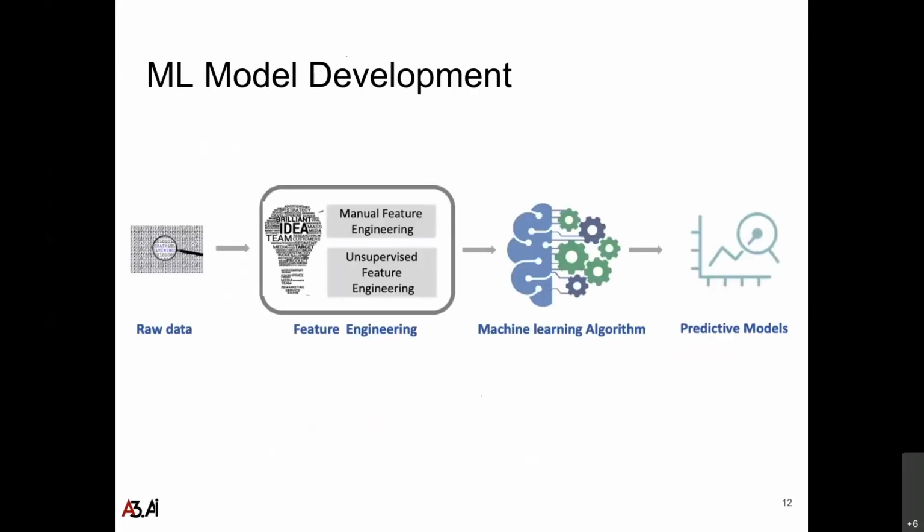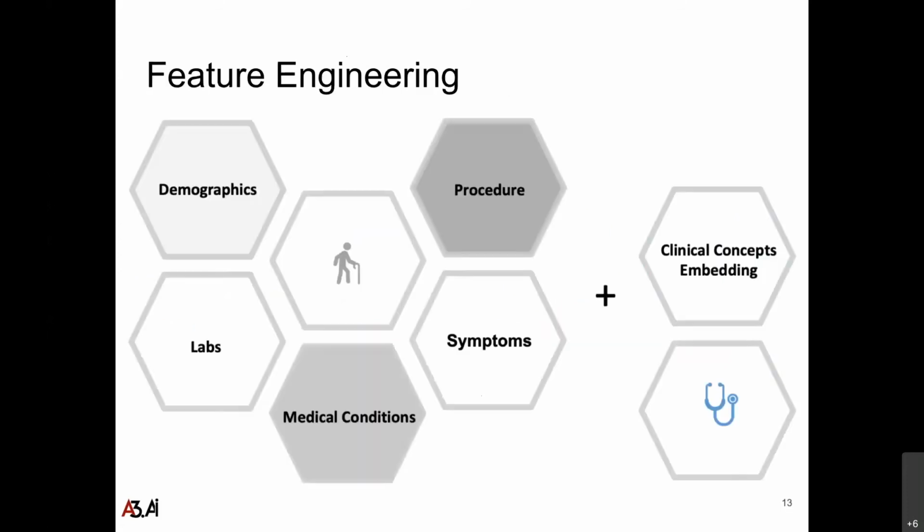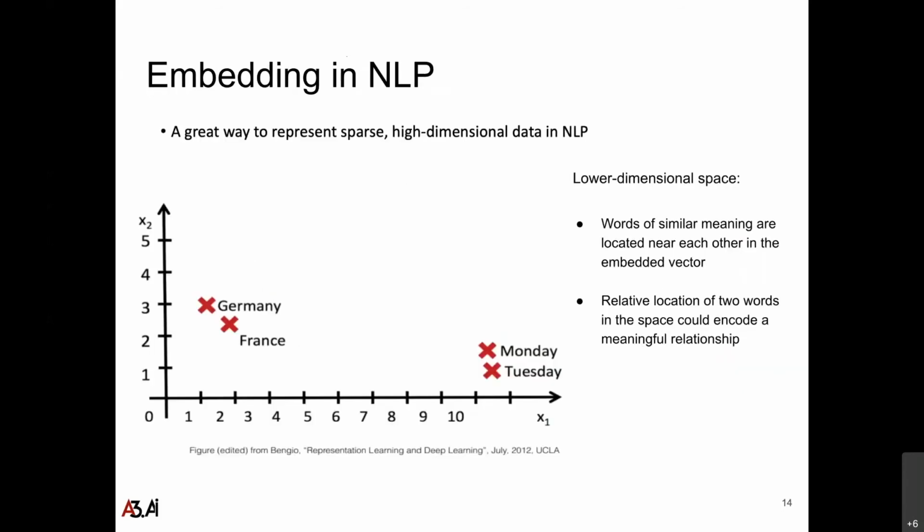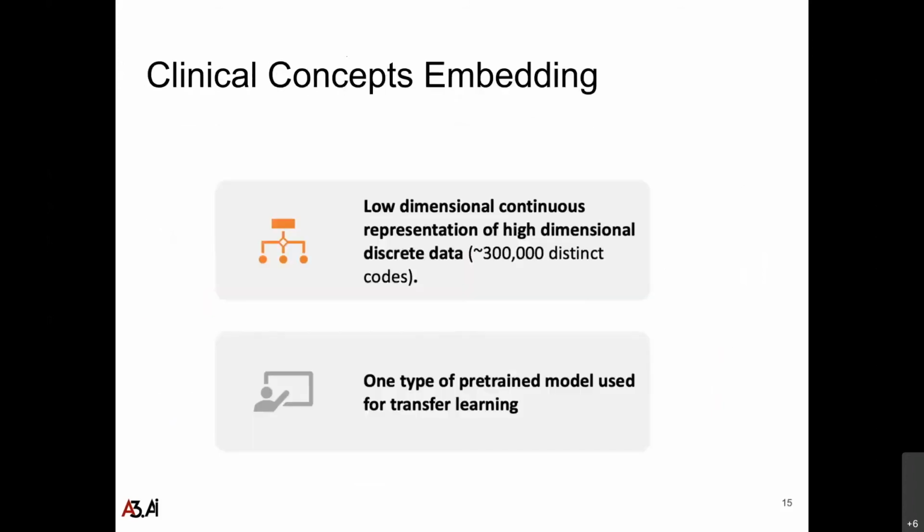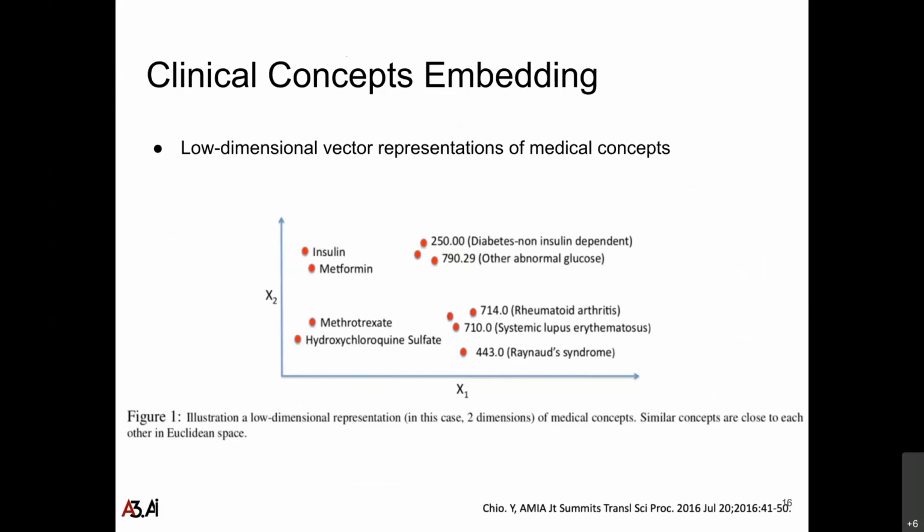So I'm not going to go through the usual machine learning model development. There is a good bit of feature engineering going on because, as we know, claims data is notoriously messy, high dimensional, and sparse. So we're going to use a machine learning technique called embeddings, which basically projects high dimensional data into a low dimensional vector space. There's a whole bunch of very interesting clinical concept embedding work going on in machine learning. This is a way of doing feature engineering.